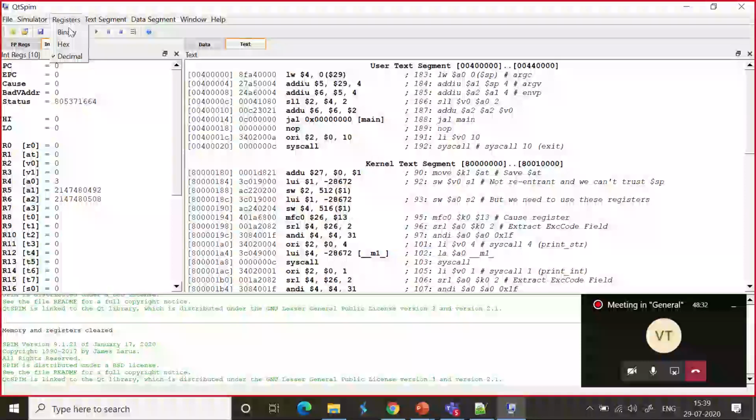Now I go to registers. Whatever data I am giving has to be updated here. If you are operating with binary data, you need to give it as binary. If you are operating with hexadecimal data, select it as hexadecimal, otherwise decimal. If this is selected wrongly, it is not going to work. Remember, this is very important. This has to be updated properly.